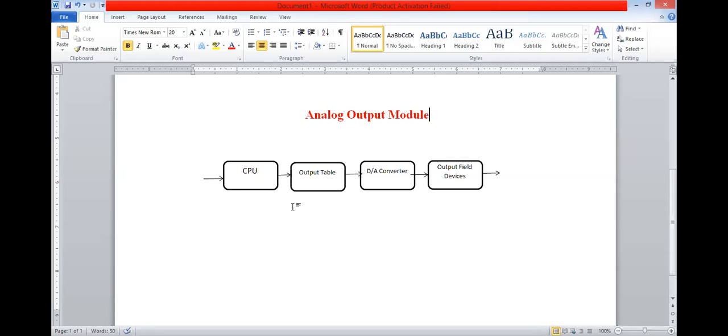Okay. So output table is nothing but, see, we know that there is an input module, there is an output module. Correct. What is the main function of input output module? Whatever number of inputs are there, the current status of those inputs is updated in the input module. In the previous lecture, we have already studied how the CPU processes the cycle. First of all, it scans all the inputs, and then the status of the inputs is given to the input module, and then the CPU takes the data from the input module, not directly from the input device. Similarly, the output module records the status of each output device which is to be changed.